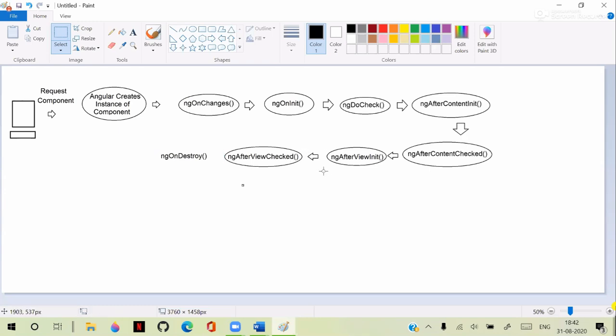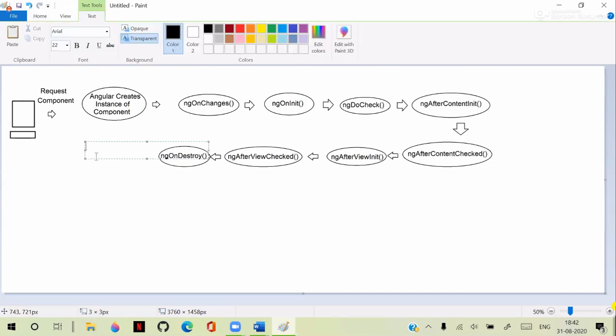And after the destroy is done, the component is cleaned up from the memory. That means the last point, what happens is, Angular removes